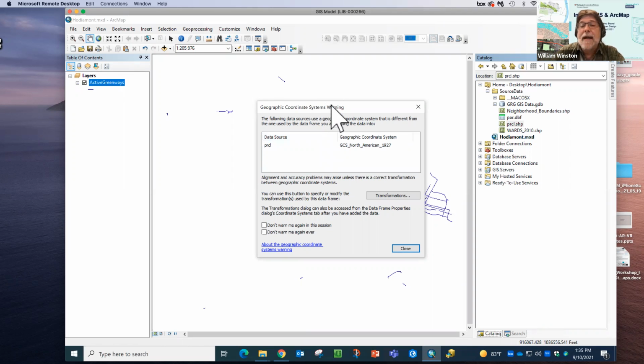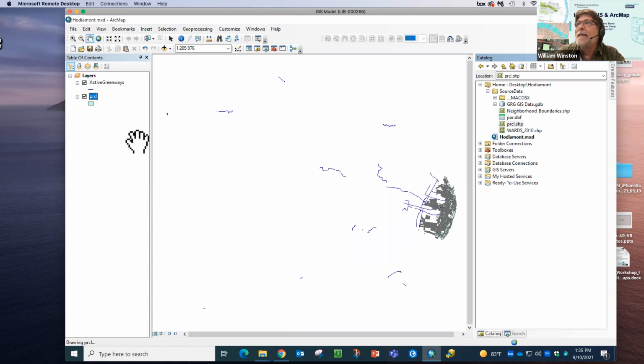And so now anything that I bring into the map that differs from that is going to show me this warning. Right now, we're going to ignore it, but later on, we'll come back and talk about why this is an important thing to know about and why I don't want you guys to check these boxes that say, don't warn me this session or don't warn me ever again. You actually want to receive these warnings so that you're aware of the issue that your data sets don't have the same coordinate system. But for the moment, let's go ahead and just click close, and that will bring in